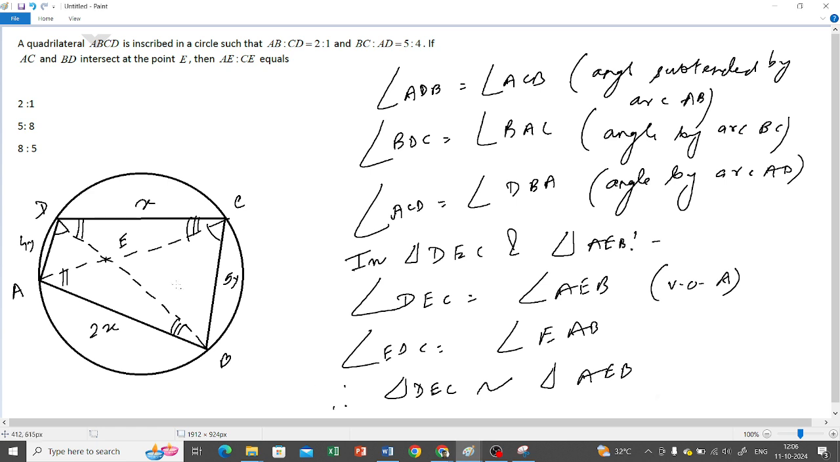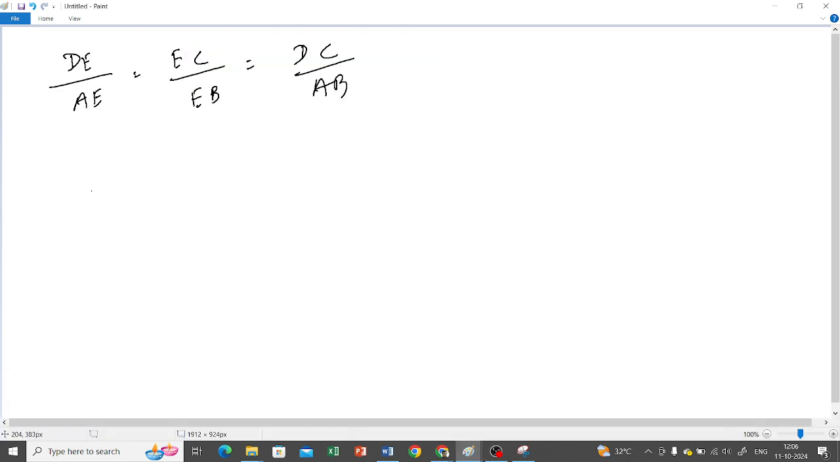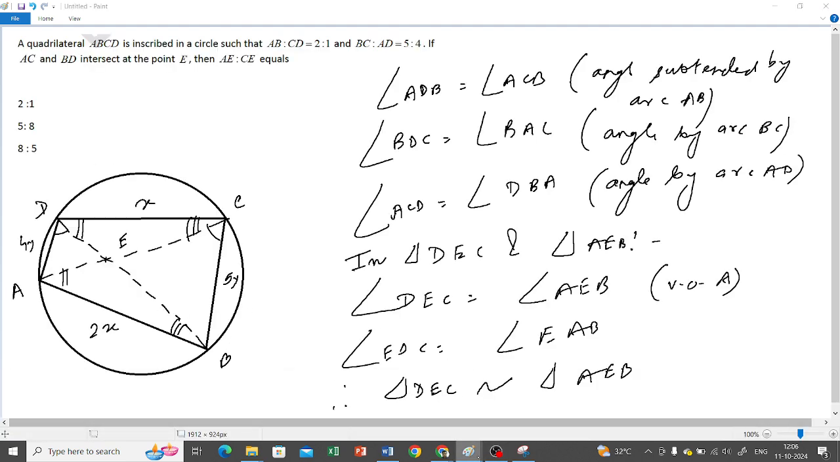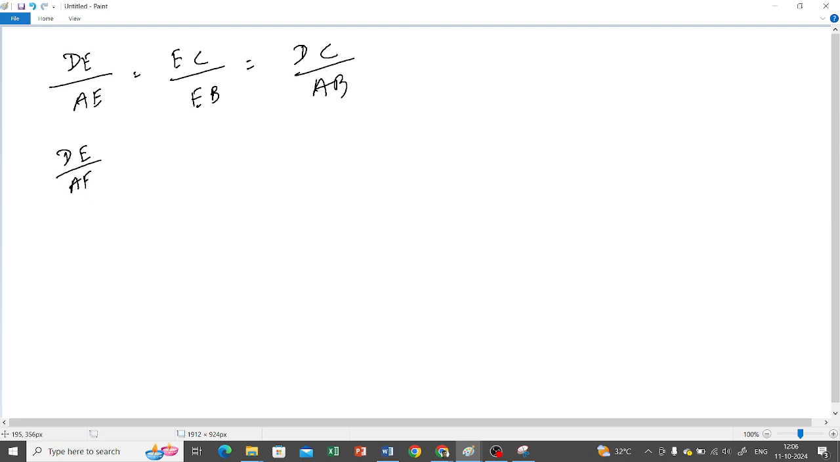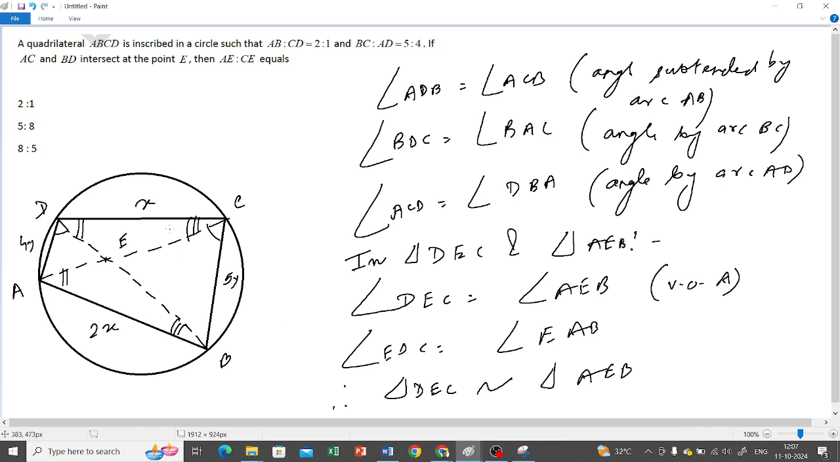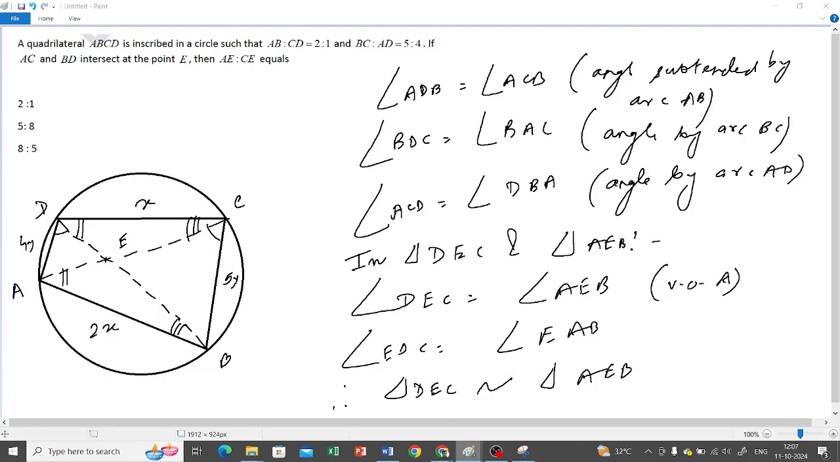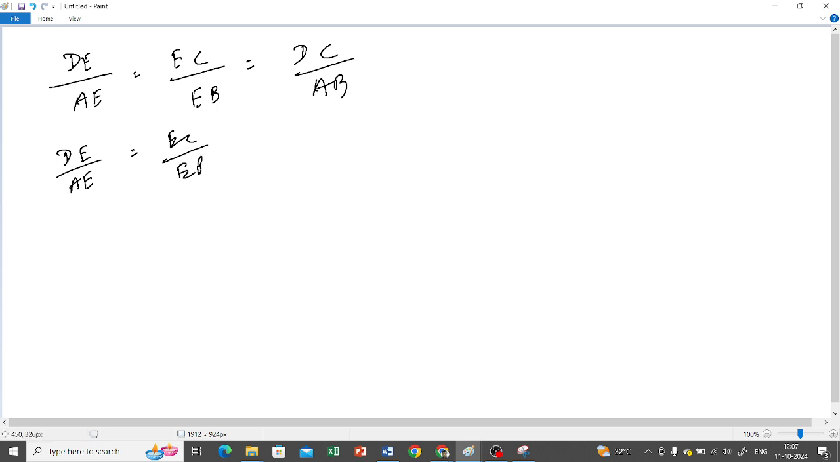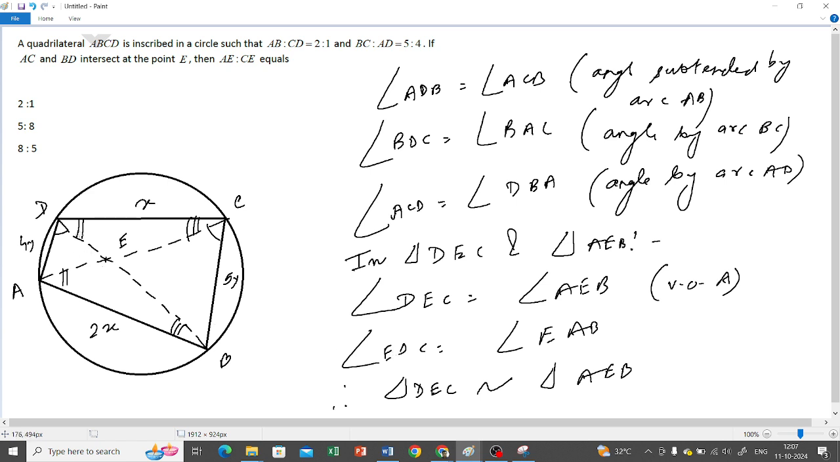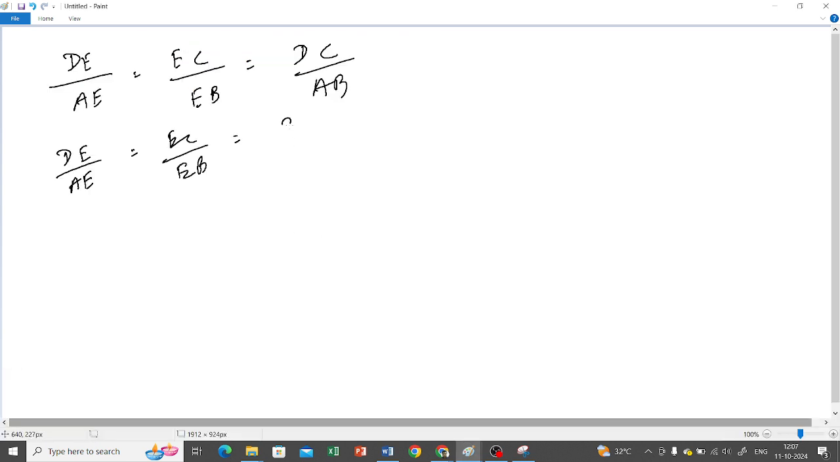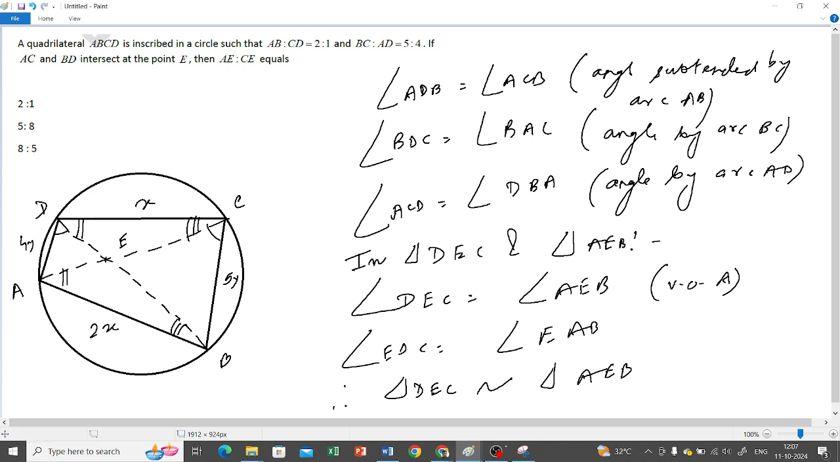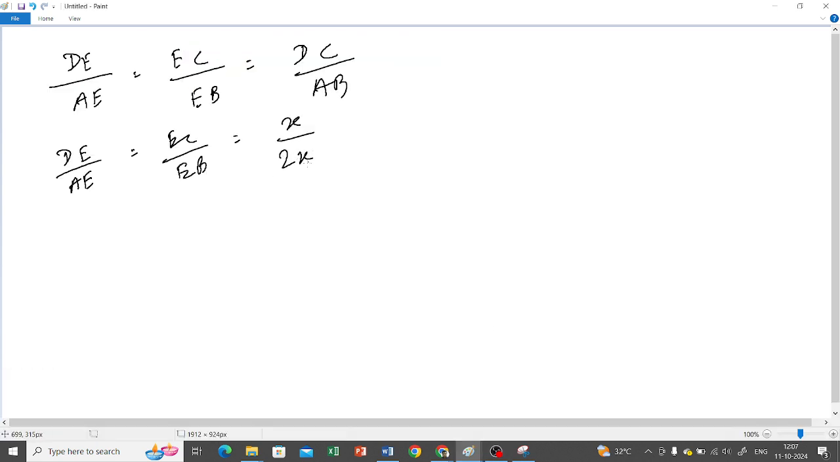ওকে, এবার ভ্যালুস গুলো পুট করব। D এর কোনো ভ্যালু নেই, তাই এটা চুপচাপ রেখে দেবো। E এরও কোনো ভ্যালু নেই, রেখে দেবো। EC এরও কোনো ভ্যালু নেই। What about EB? EB এরও কোনো ভ্যালু নেই। What about DC? DC এর আছে X। AB হচ্ছে 2X. কেটে গিয়ে 1/2।